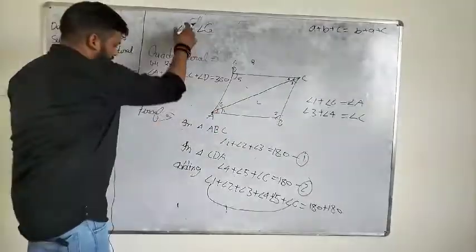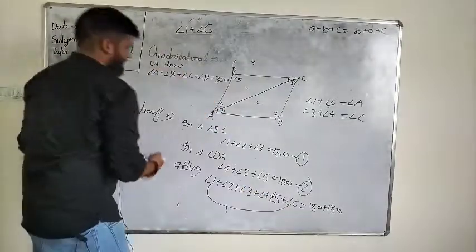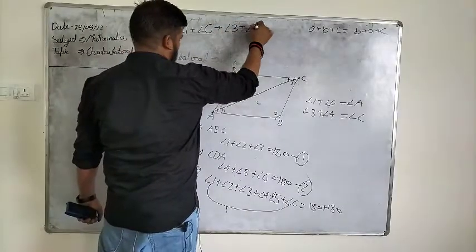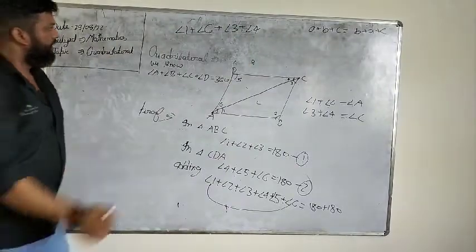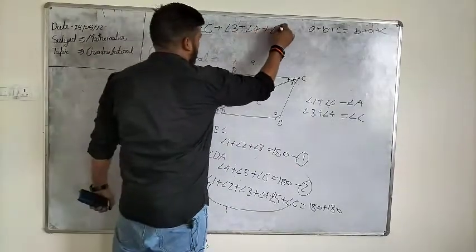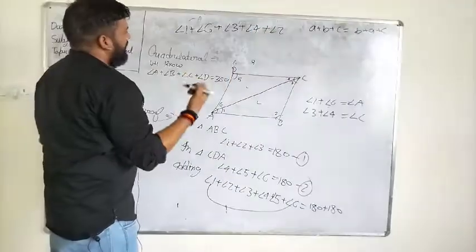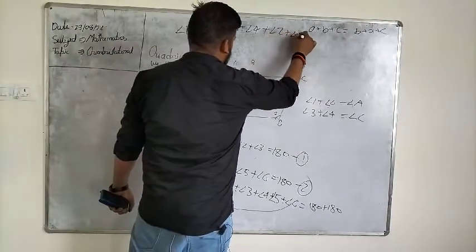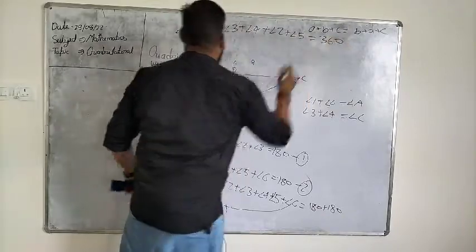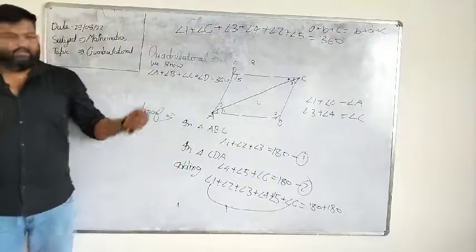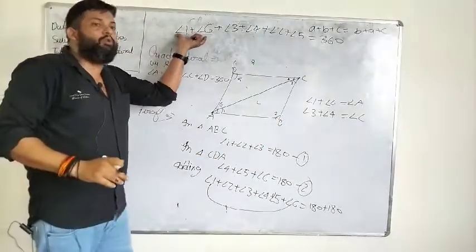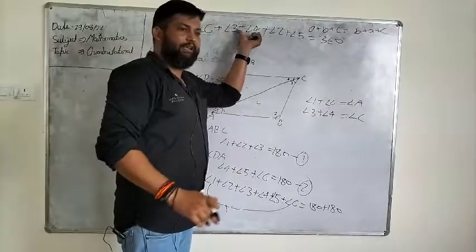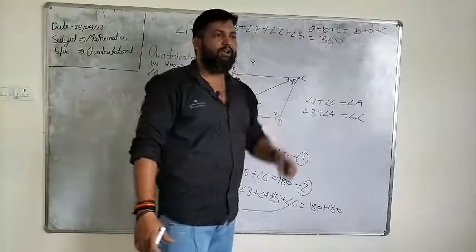Okay. So we can write angle 1 plus angle 6, and after that angle 3 plus angle 4 also we can write, and after that angle 1 and angle 2, and which angles are left? Angle 5 is equal to what? 360 degree. Only just I am writing together: angle 1 plus angle 6, angle 3 plus angle 4, and angle 2 plus angle 5.